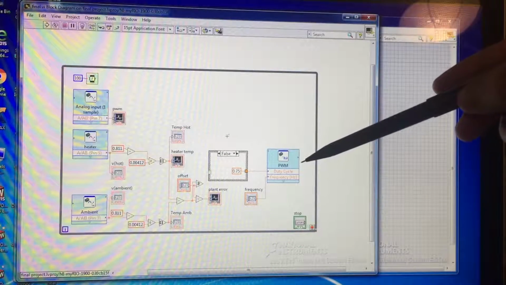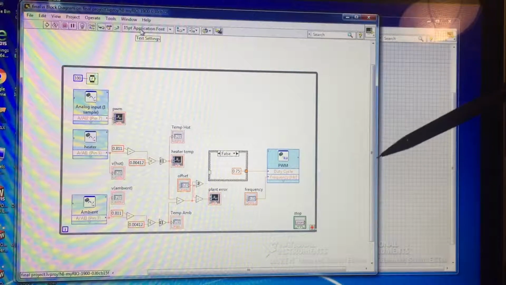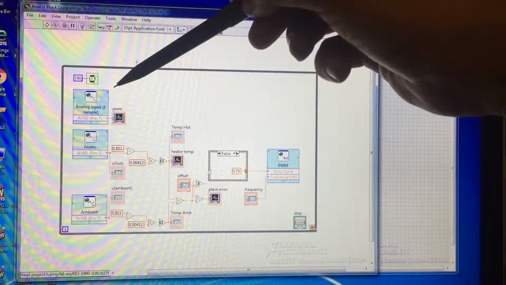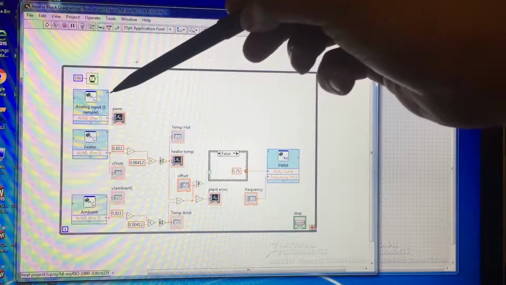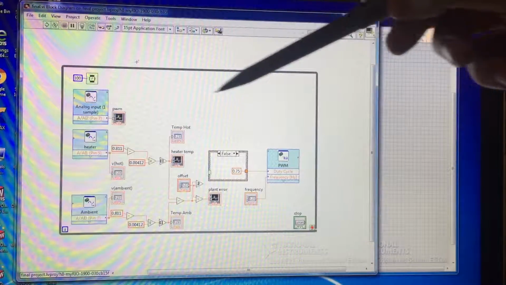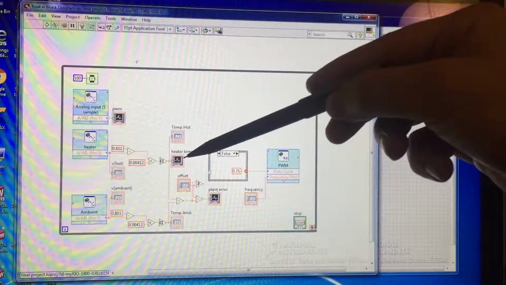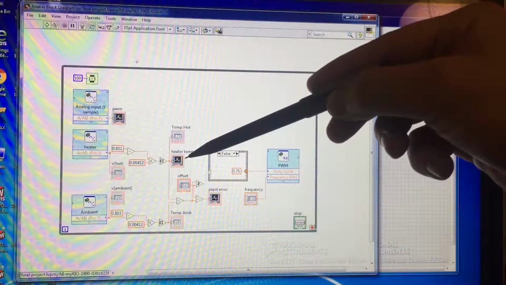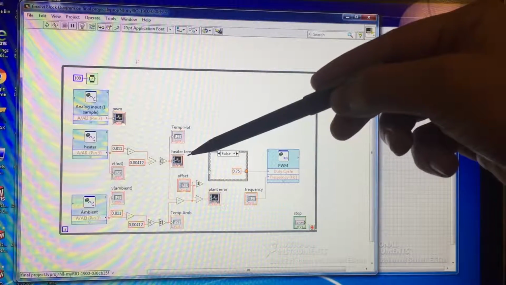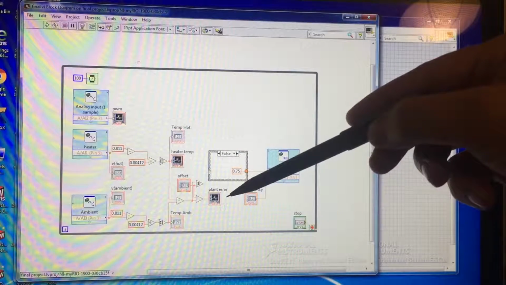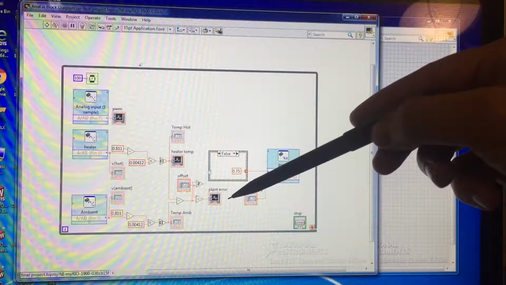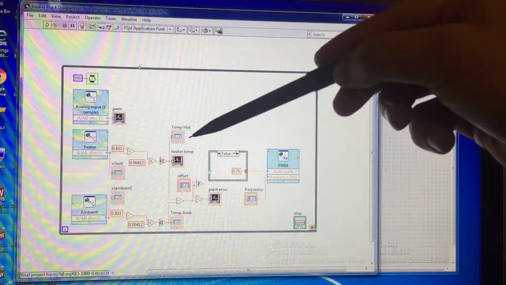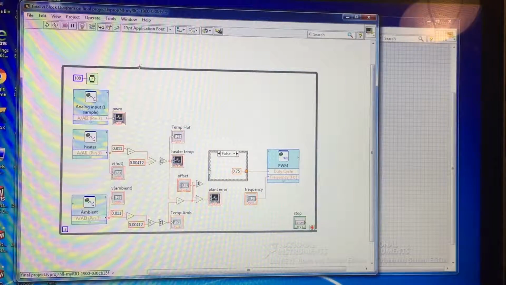Our pulse width modulation then comes out of the myRIO, and then we have a monitor for our pulse width modulation just to see when it's on and when it's off, and that comes back into the myRIO, and then we graph it. And then here we just have indicators. We have a chart for heater temp, so we can track temp, and for the error, it's easier to calculate the system response by charting the error and then actual temperature readings. So we'll switch to the VI,